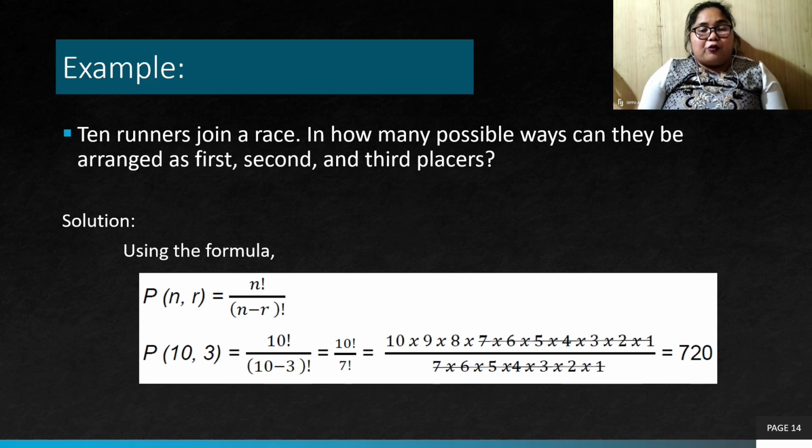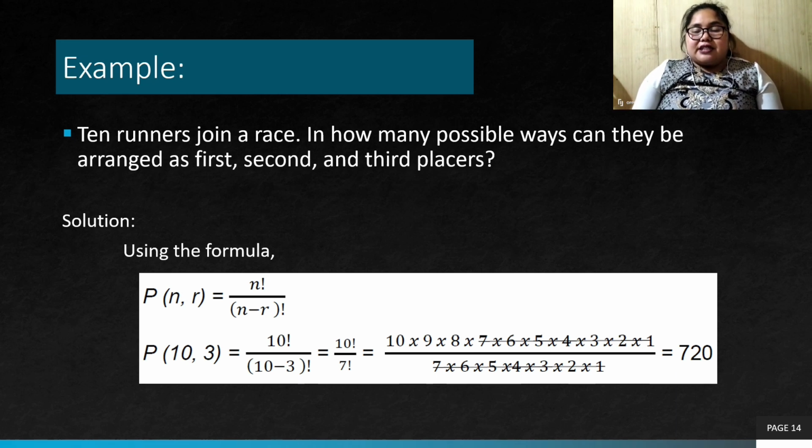Our n is 10, which is the 10 runners, and our r is 3 because there are only 3 placers. So P(10, 3) is equal to 10 factorial over (10 minus 3) factorial, which is equal to